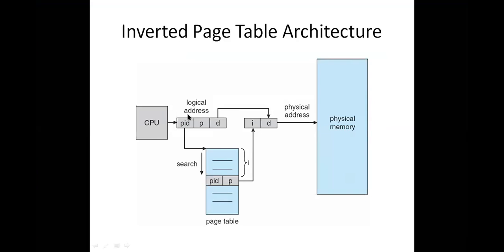So if you observe this particular diagram, here the logical address is divided into 3 parts. Earlier it was divided into only 2 parts, page number and offset. But here the logical address is divided into 3 parts. Here we are giving the process ID, which means this page belongs to which process. So if we give the details to the page table,